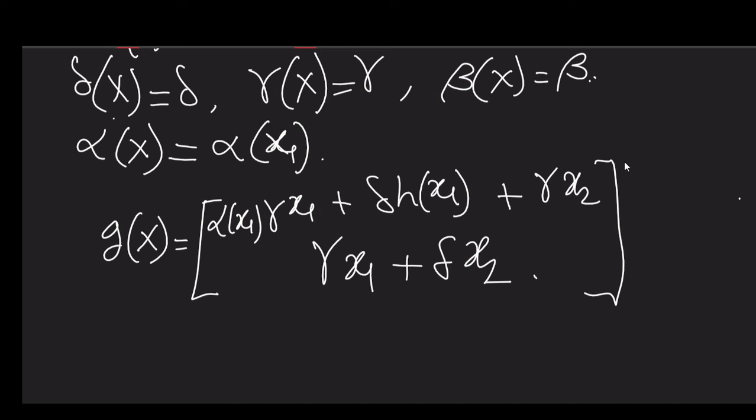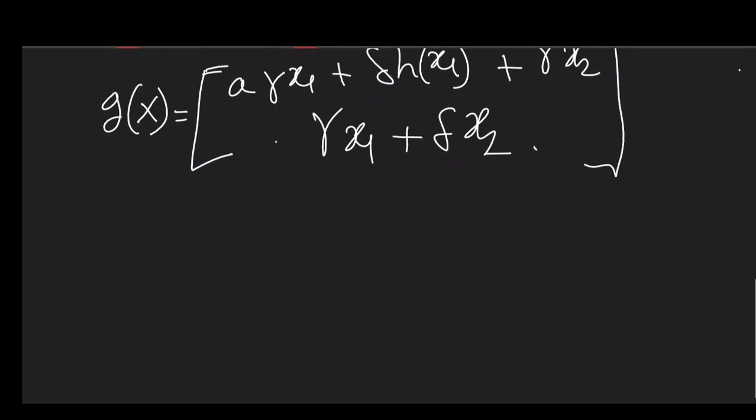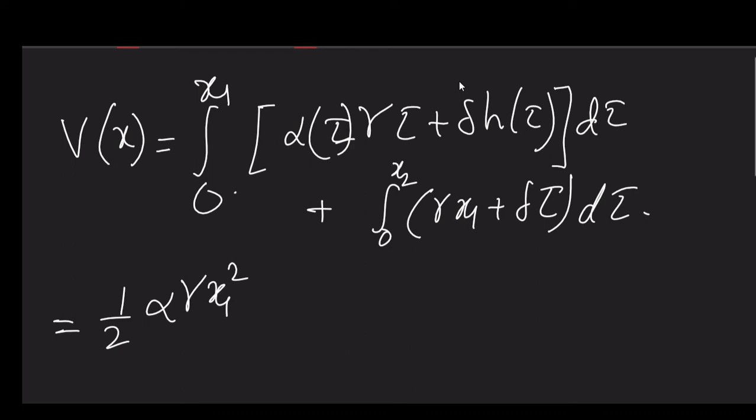Yeah, this will not be alpha. This is actually A. A, please correct it. It is A. So if that is A, then accordingly you need to change a little, like A gamma tau. So here you will have A gamma x1 square plus